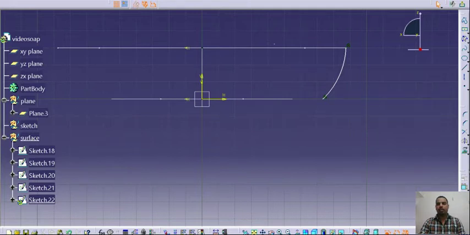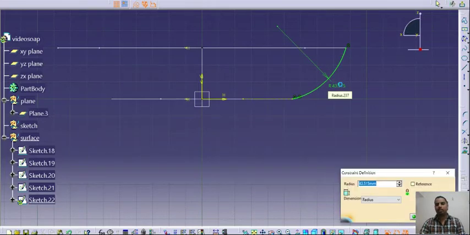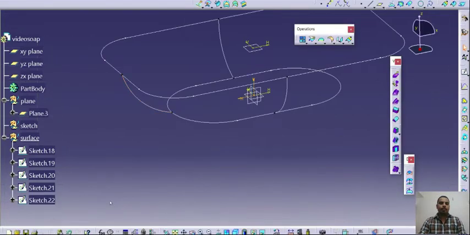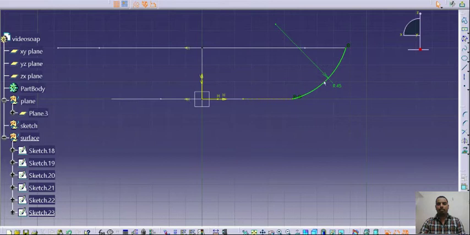So I will make this entity a construction element, and I will project this entity, and then I will make this point coincident to this endpoint, and I will specify the radius of this as 45, suppose. Again we will be copying this entity. I will make this copy on the other side by using the symmetry command.